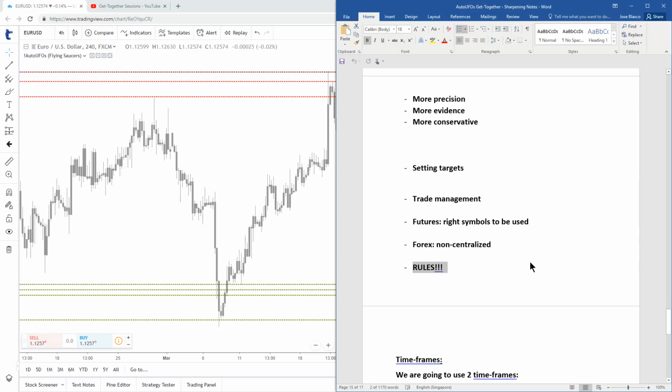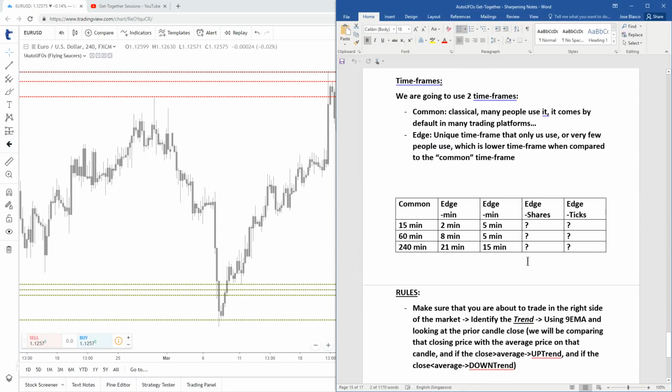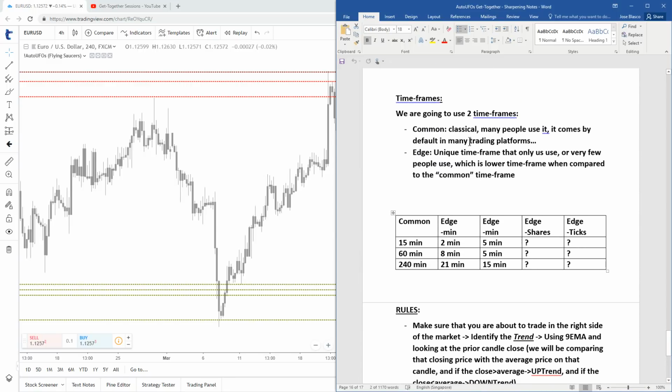We didn't have the whole amount of time needed to build the whole methodology, but we started working on a series of things. The first thing that we said, I want to phrase it quickly just in case you miss it, so we are on the same page, is that we're going to use two time frames. One is the one we call the common time frame, and the other one, I love Brian's suggestion on Sunday, where he suggested to call the second time frame the edge time frame, because it's going to be a unique time frame that gives us an edge, hence the name. So we're going to use two time frames, the common and the edge time frame.